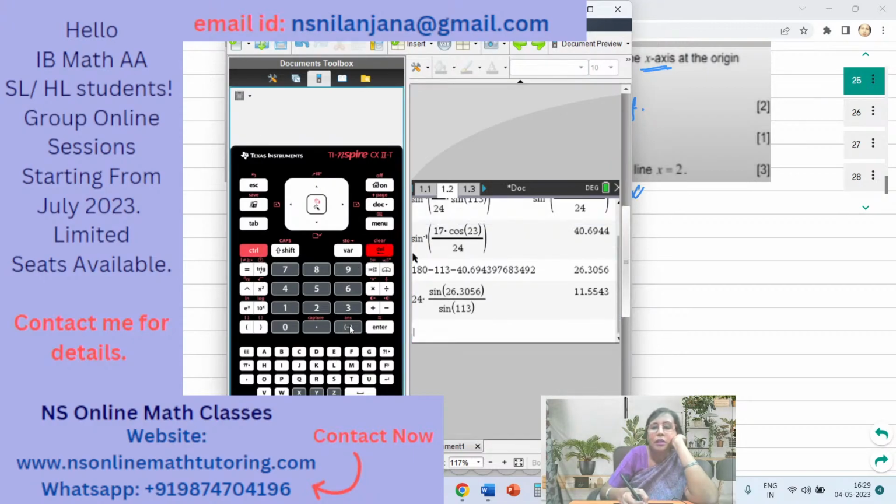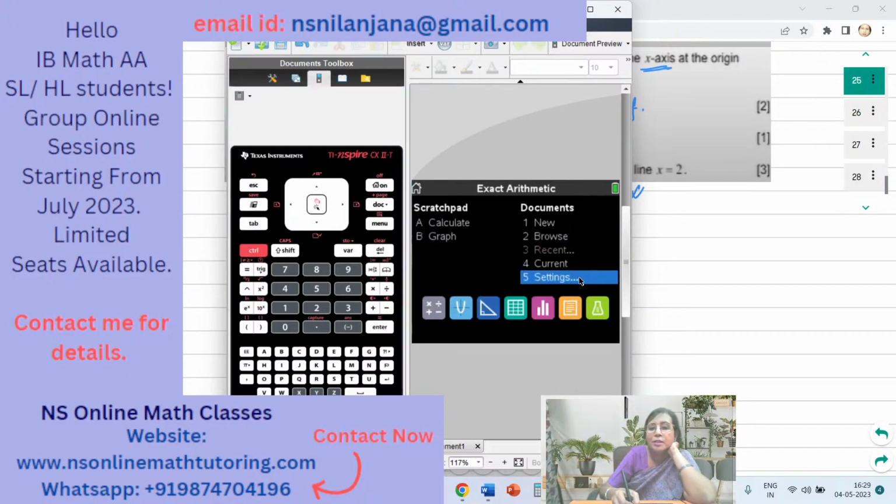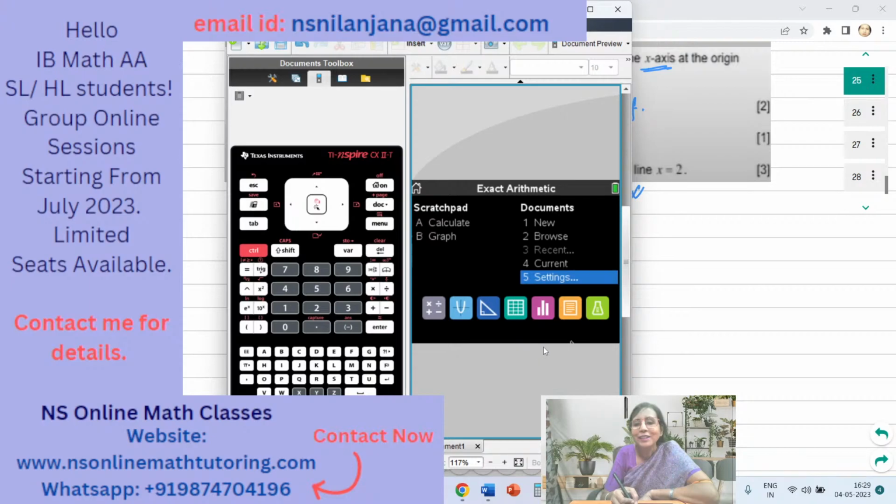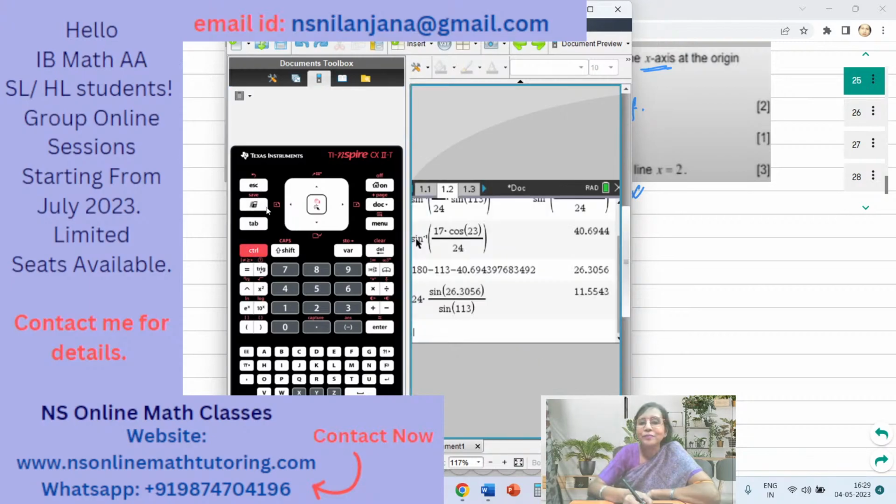Let me first of all change the settings. I've asked you to change the settings, but I myself have forgotten. Now it is in radians. Okay, and the first thing that I want to do is store the f of x expression. So I write the f of x expression: ln x times